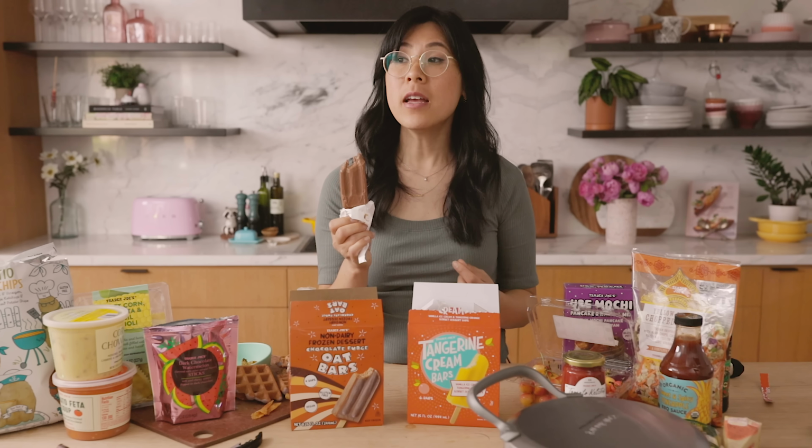I feel like it could be a little more fudgy. It tastes like it's lacking in something a little bit. It's made with oat milk, so it's not as creamy as the regular dairy fudgesicles that I'm used to, but all in all, it's not bad. I just wish that they put a little bit more cocoa or something in there to make it extra fudgy, because it does taste like it's just...